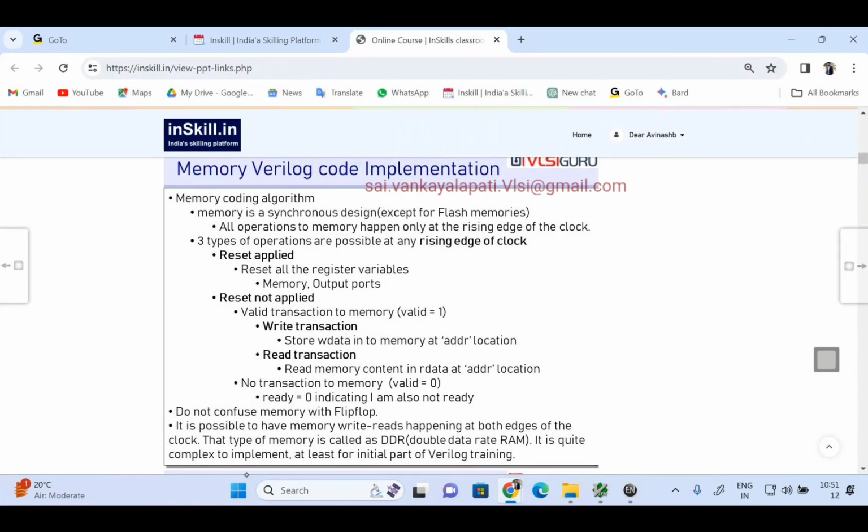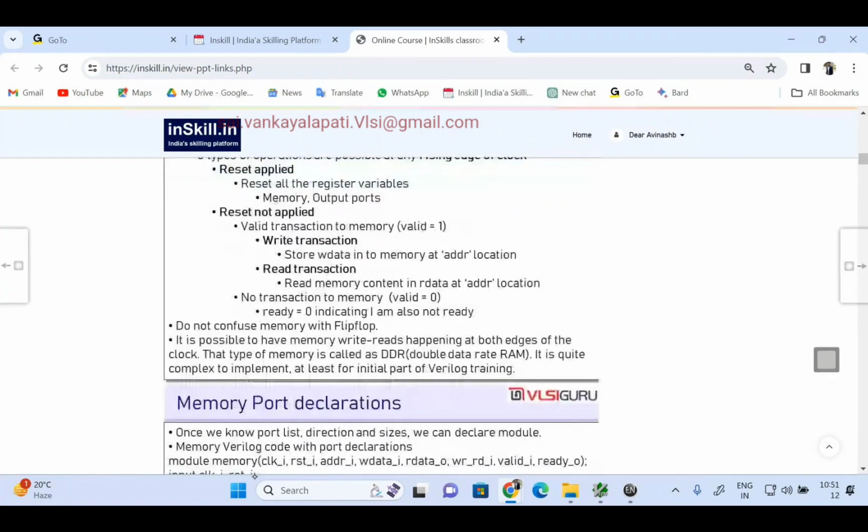First we will understand at least how to model the memory. In an upcoming lecture on Verilog, there is a big DDR project, where you can see how to build this DDR memory model. Here in Verilog, you will understand how to model the memory based upon the size, depth and width. Now can you start writing a program with the understanding of the size, depth and width, how to declare them, and which are the input ports and the output ports?